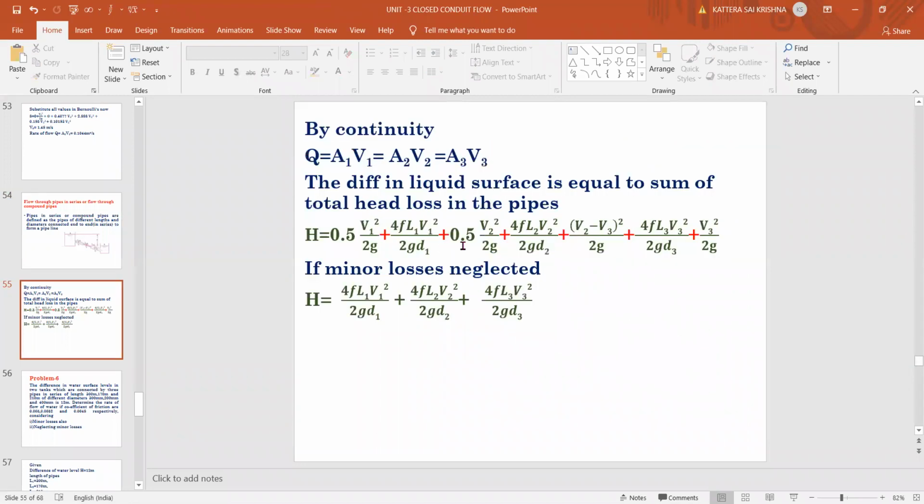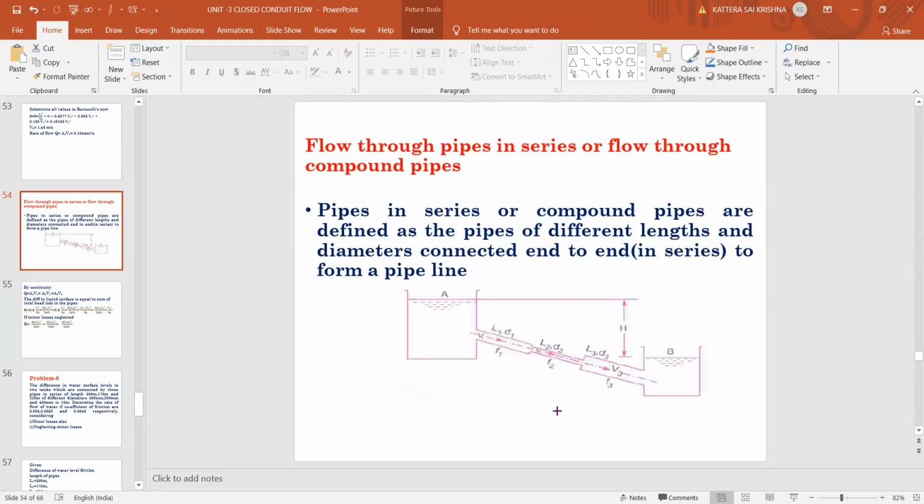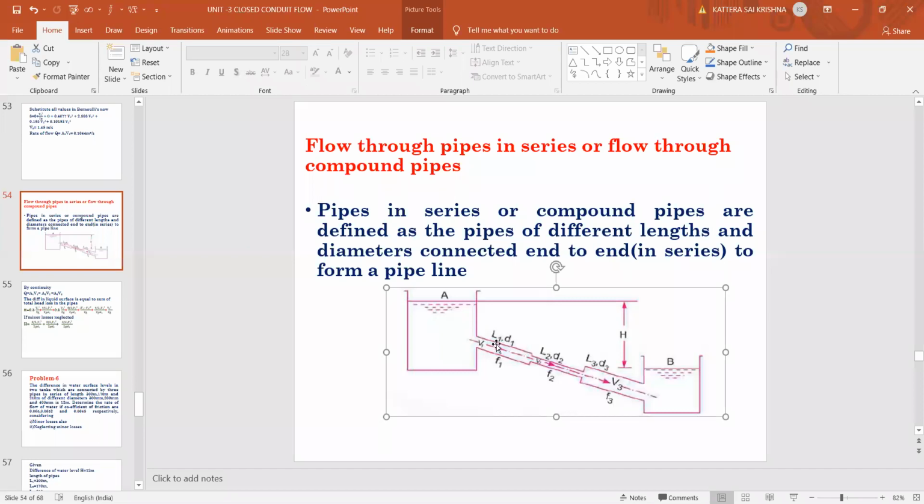So H equal to, what are all the losses available in this pipe? By seeing the diagram you can understand. First, there will be an inlet loss because this pipe is connected to a reservoir here. Next, in the first pipe, there will be the friction loss up to here. After that, there is a sudden contraction here, so there will be some loss because of the contraction at this junction. Next, in the second pipe, we again have the frictional loss up to a length L2. Next, the pipe is getting enlarged here, so there will be a loss of head because of the sudden enlargement.